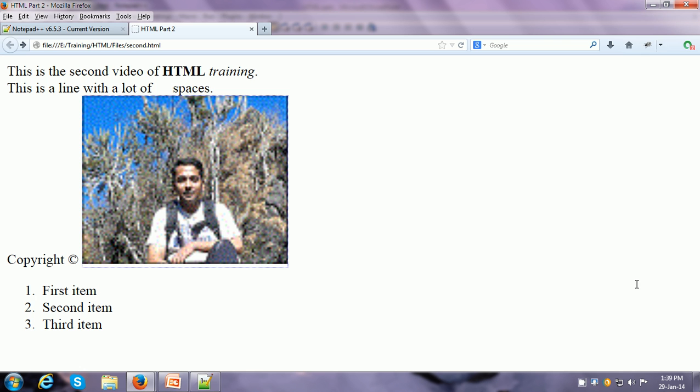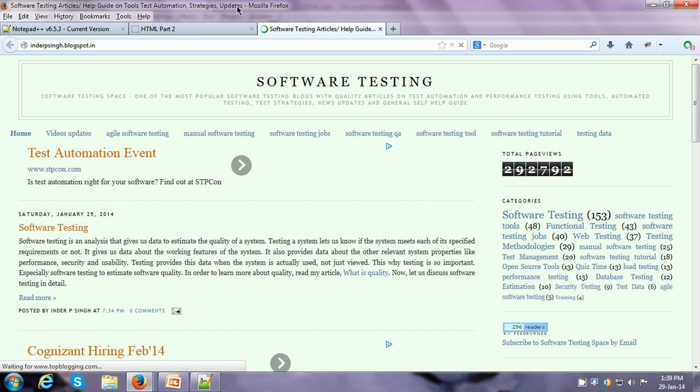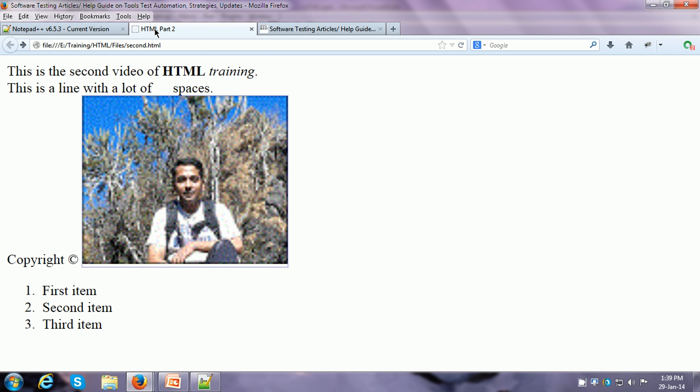And what this will do is, let me refresh this web page, this will open a new tab once I click on the link. So let me click on the link, and here you see it has opened a new tab. So we already have the existing web page, and the link is opened in the new window or new tab.